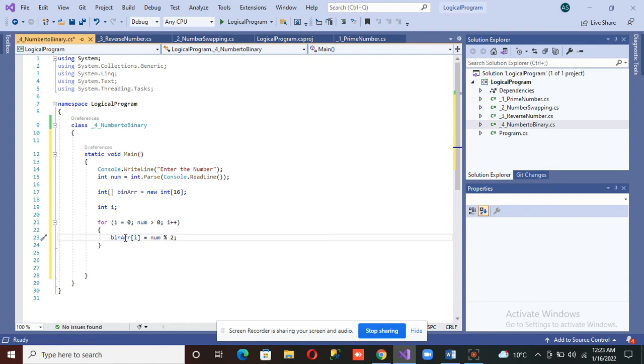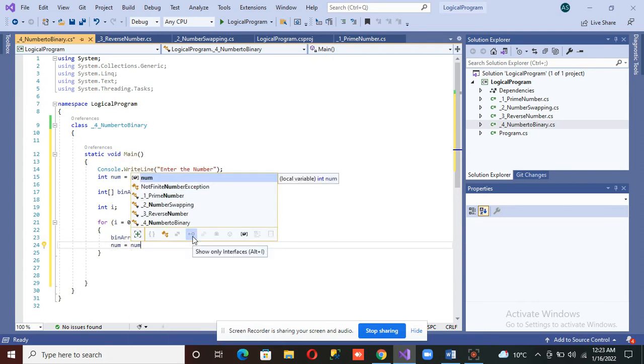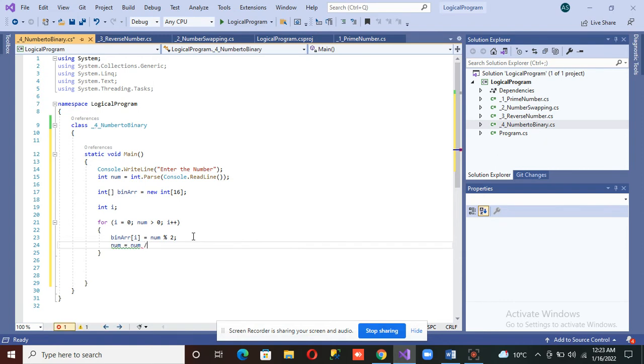So either it will give 1 or 0. And once we find out the remainder, we need to find out the integer part after dividing the number by 2. Okay, so we got it.